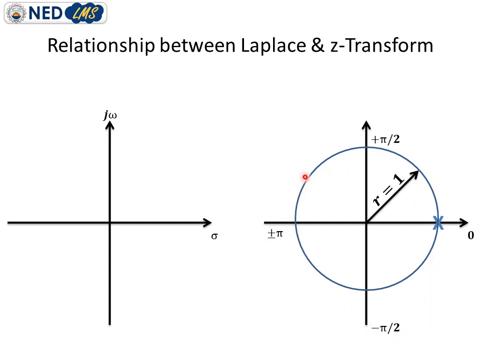And what about at this circular boundary? A pole at this boundary will make the system marginally stable, because if I shift the pole from this line to this area, the system will become stable, and if I move away from this line,